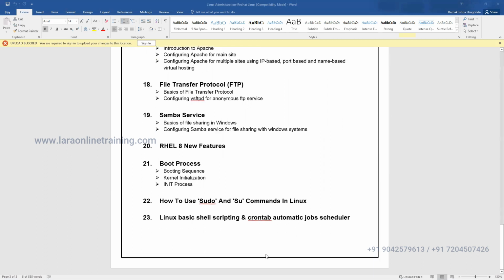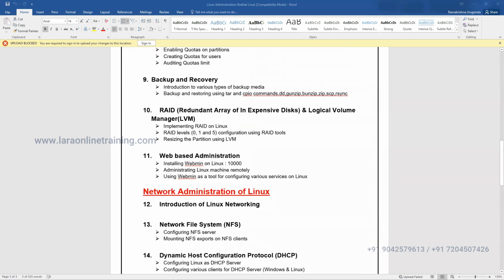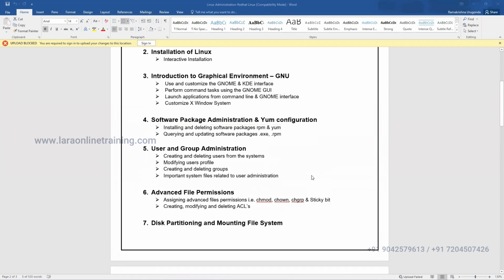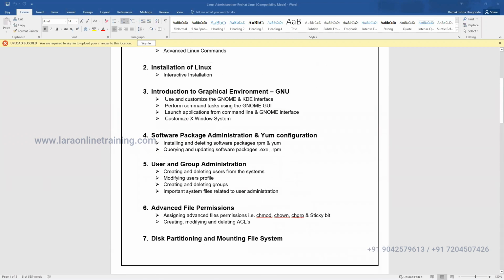So this is about our complete Linux system and network administration. Please let me know if you have any queries or doubts. Because this is just a demo, I didn't go through the class and didn't explain everything, as I don't have time. Once we start the class, I'll go one by one thoroughly to make you understand. Yes, Ram.